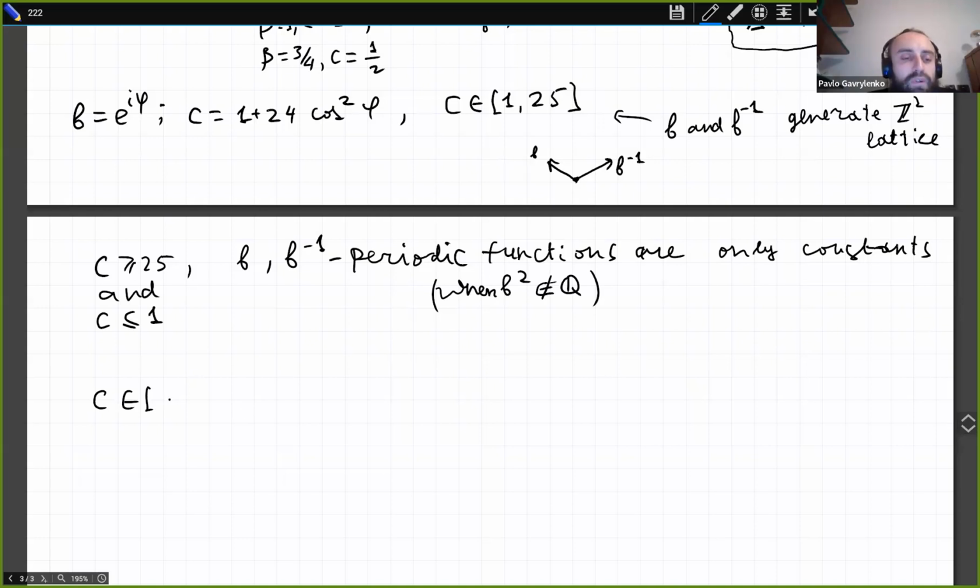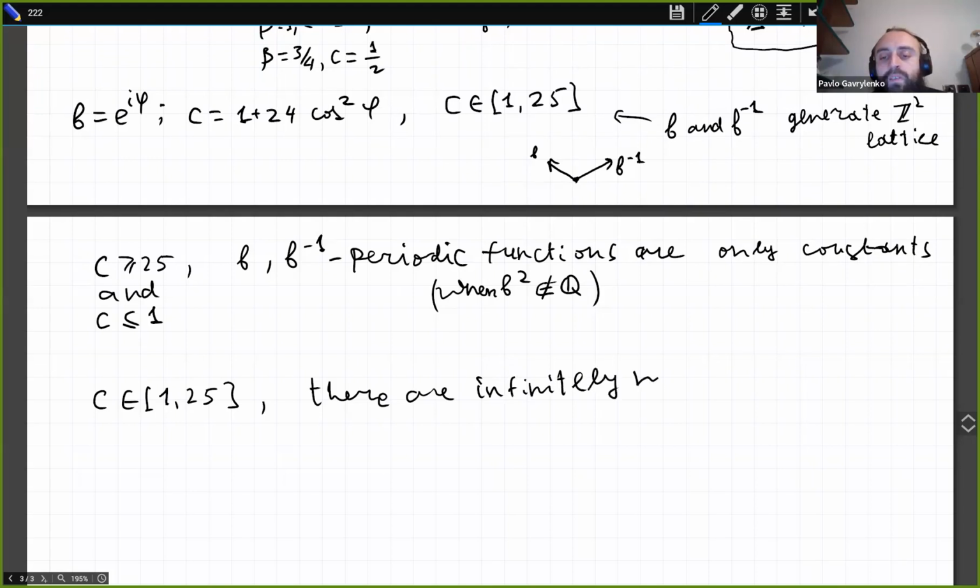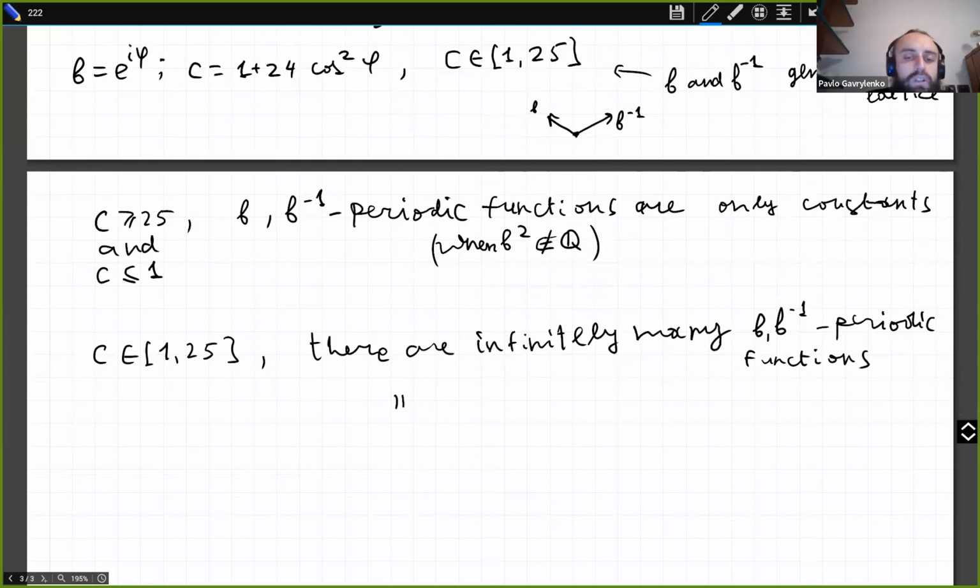But when c is from 1 to 25... So as a consequence, when c is greater than 25, or c is less or equal than 1,